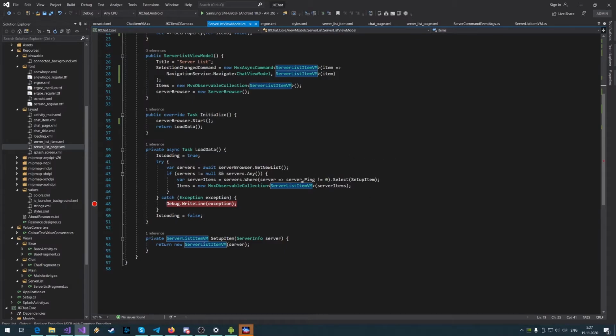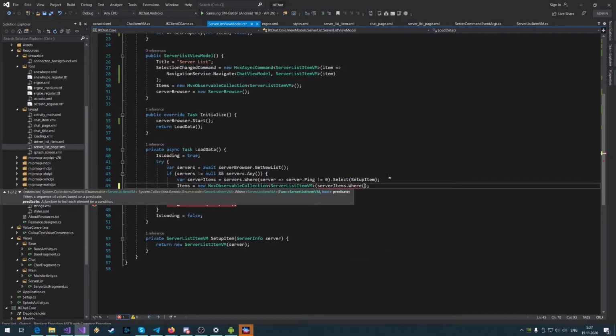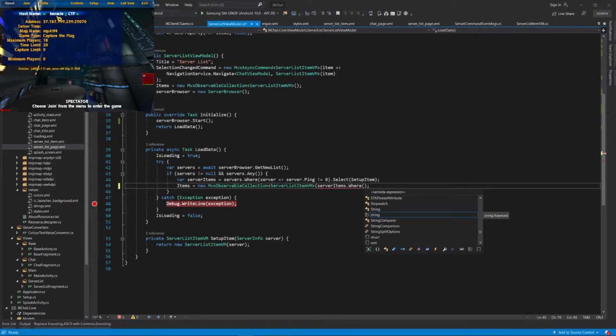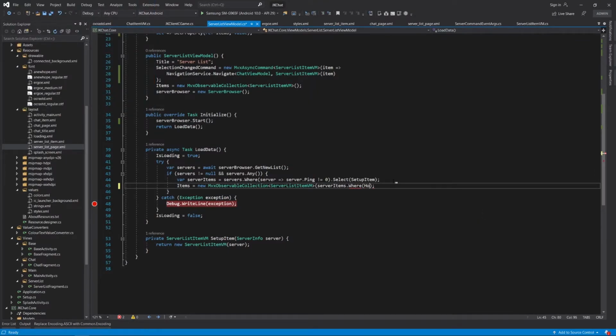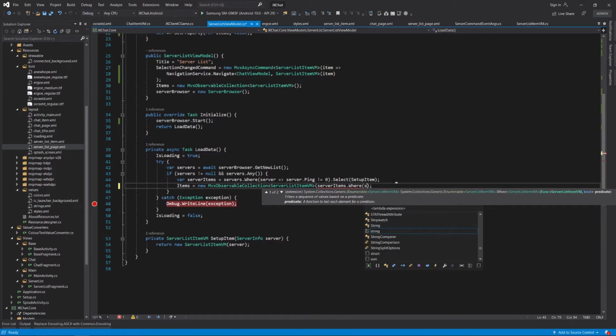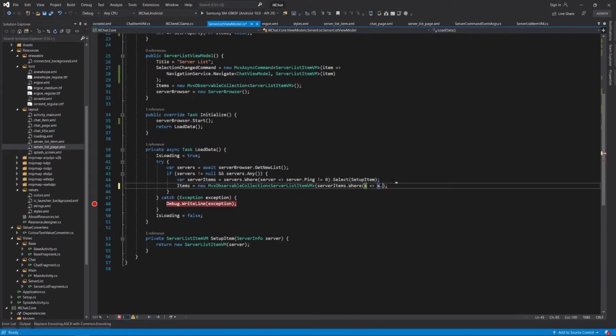And where about Oracle, where host, where server, host, oh, server name, server name contains